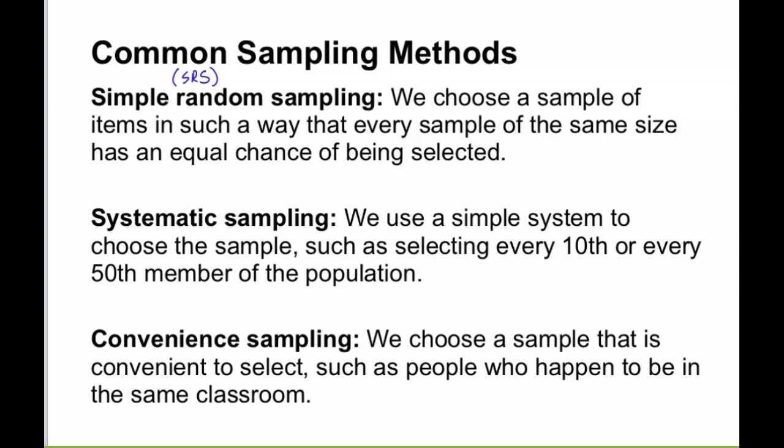So while a simple random sample can be representative, it's often very difficult to actually use in real life. And there's always the chance that it's not representative, because if every sample has an equal chance of being selected, it could happen that I accidentally get a sample that has 49 seniors and 1 fifth grader, in which case I'm probably not going to get a good estimate of the average height at the school, right? Now that's not super likely to happen, but there's always the possibility.